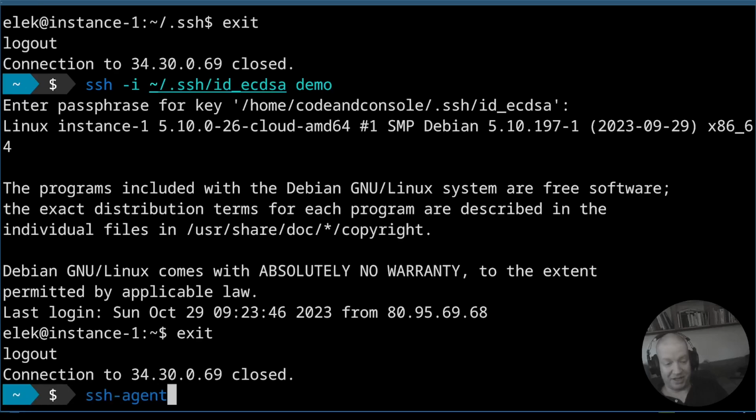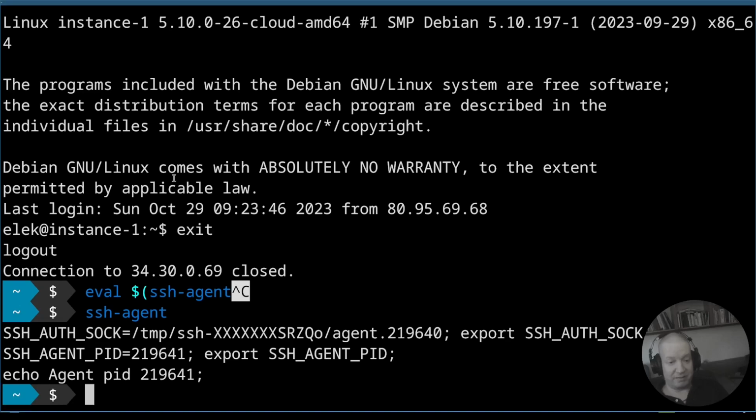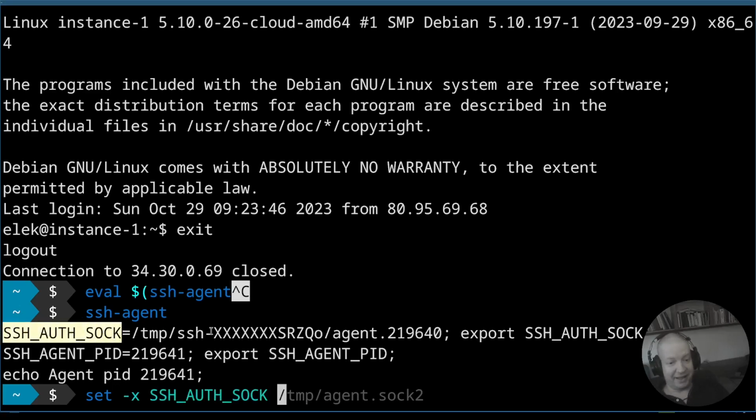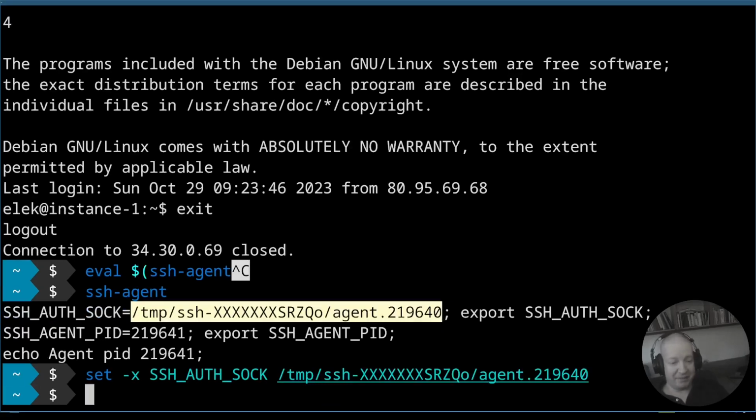There is this SSH agent. So usually it's used like something like eval SSH agent, because when I start the SSH agent, it also prints out all the required environment variables. But because I'm using fish, unfortunately, I have to set the SSH agent manually. So let's set this one. Okay, fine. So I'm supposed to have the SSH agent sock,